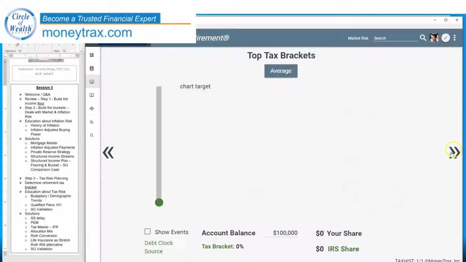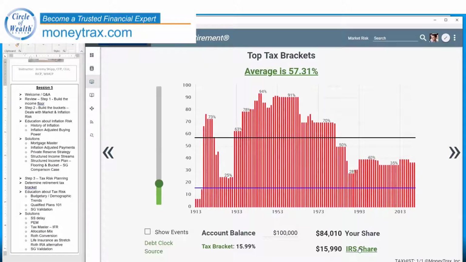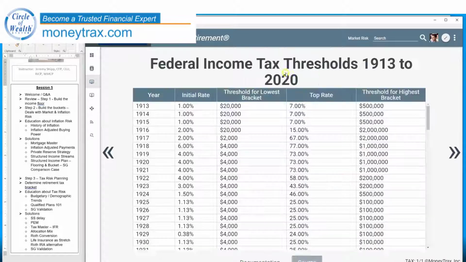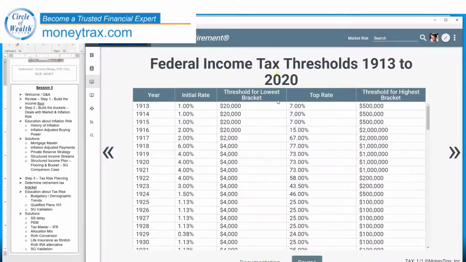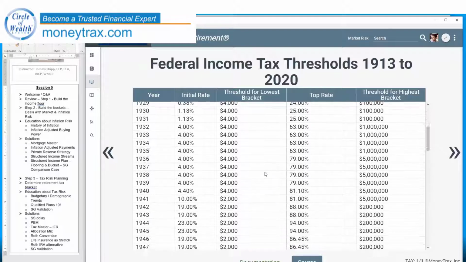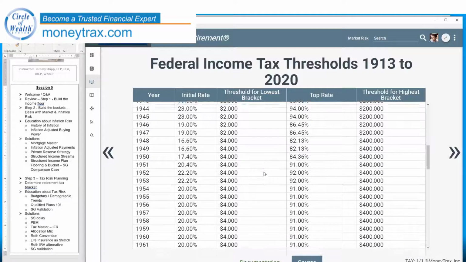All right. So how did I get there? I clicked on this little IRS share, so you can see how they changed that. If you click on this average button up here, you see how I did that? When you click and give an average, it has this, and now it's a clickable link. You click on that, then you can talk about different thresholds. Since that chart only shows you the top tax bracket, you can show people, yeah, the top tax bracket isn't the only one to mess around, okay?